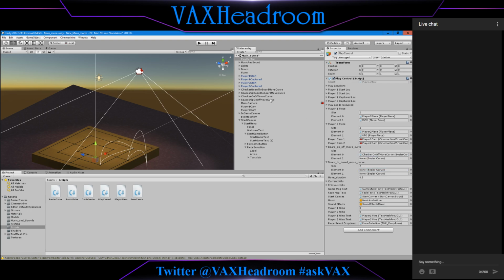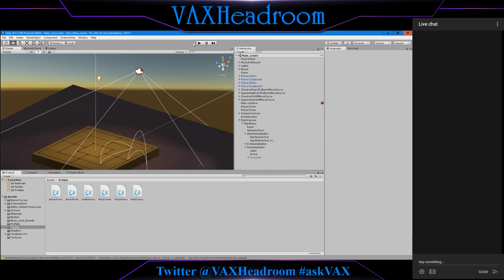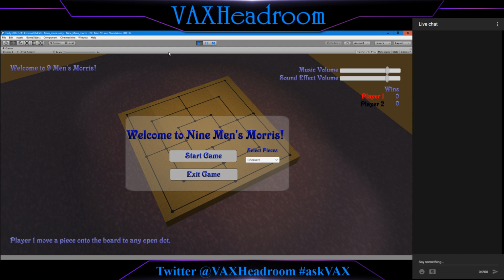Oops. And the ship on-off move curve. And the board-to-board move curve needs to be the checkerboard move curve, and the spaceship board-to-board move curve. All right. Now the nice thing is, once I've got the arrays in here, I can extend this to any number of elements, and I just need to make sure that the drop-down